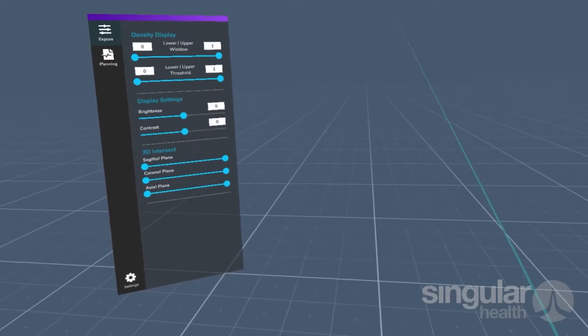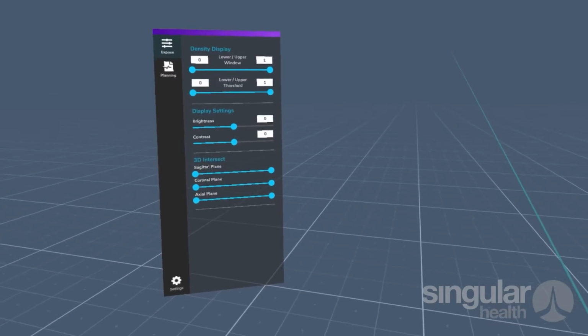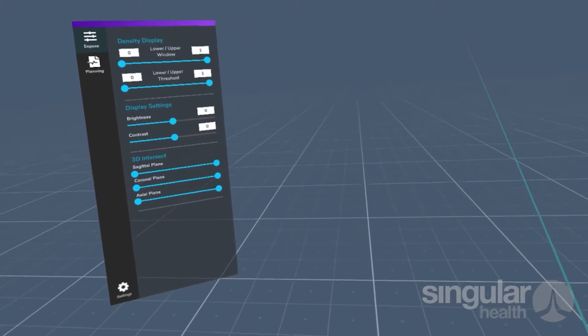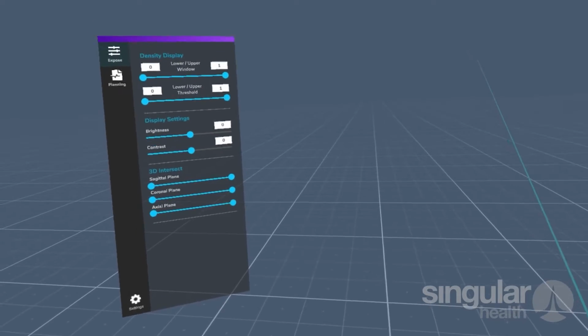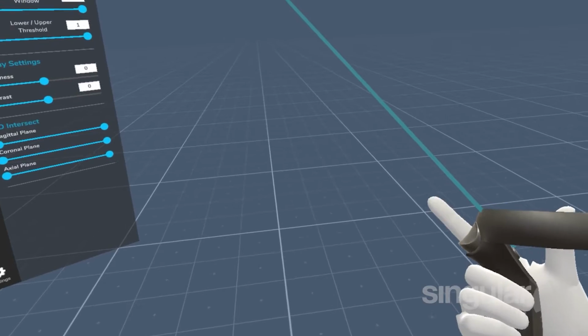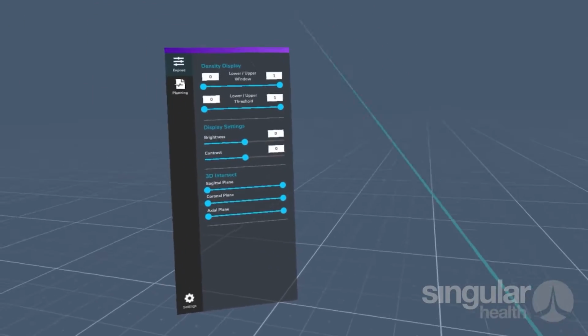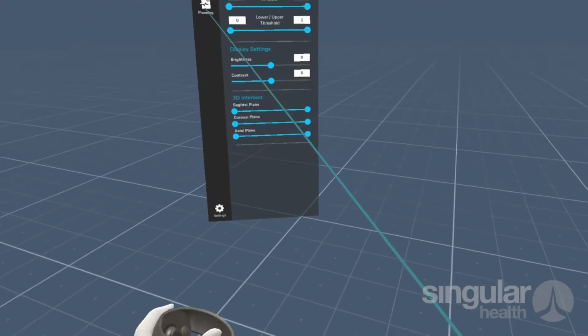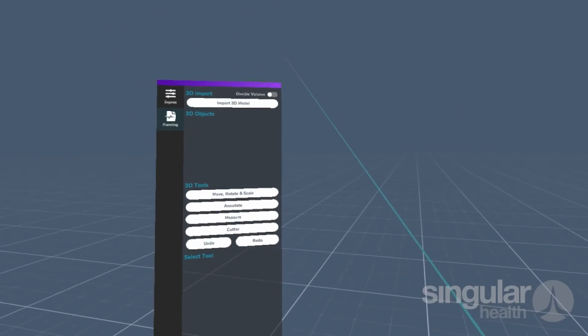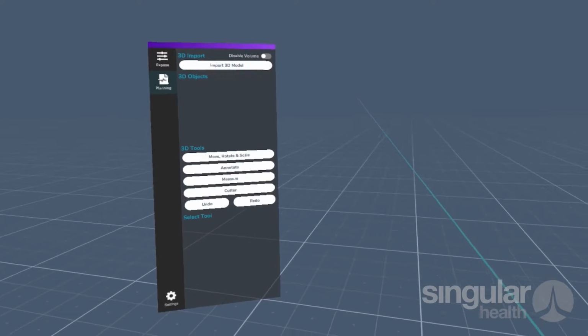For the purpose of this demonstration, user login and volume rendering has been disabled, so after you load a scan, this is traditionally the view you'd be presented with on the software. All user interaction is done via the right hand trigger with the laser pointer, so you can simply hover over a button and pull the trigger to choose it. This then is the planning screen you'll be presented with, giving you the options